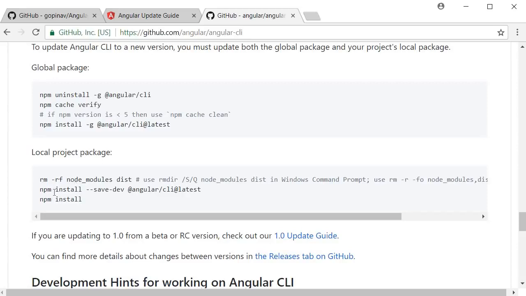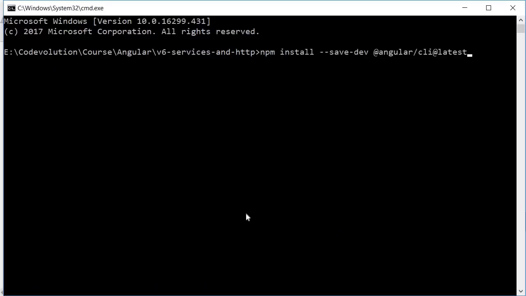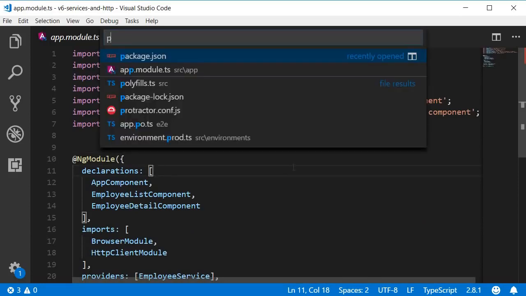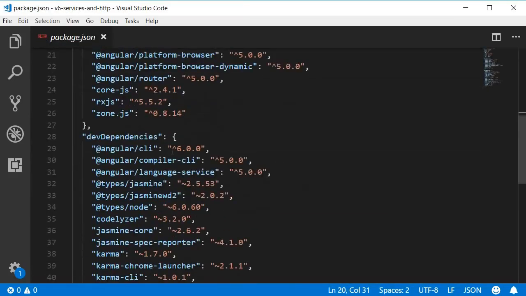Next, we need to run the command npm install --save-dev @angular/cli@latest. So copy the command, go back to command prompt and paste the command. Let's run this. And once the command completes, in the package.json file, you should now have Angular CLI with version 6.0.0. Alright, now that we have the latest version locally as well, we have the privilege of running the new ng update